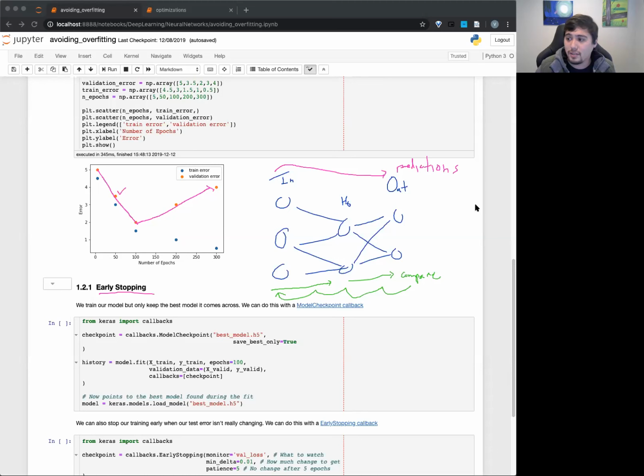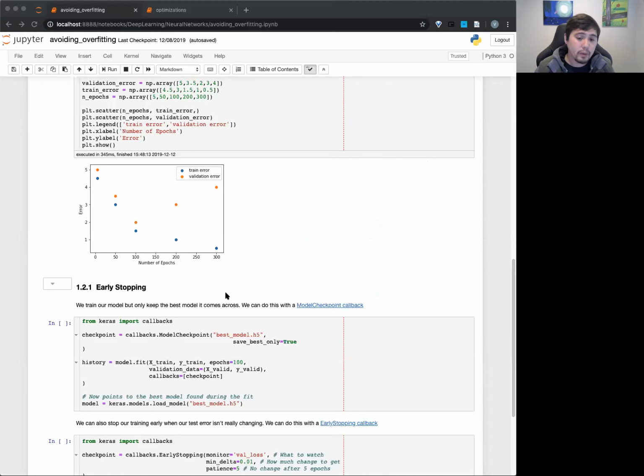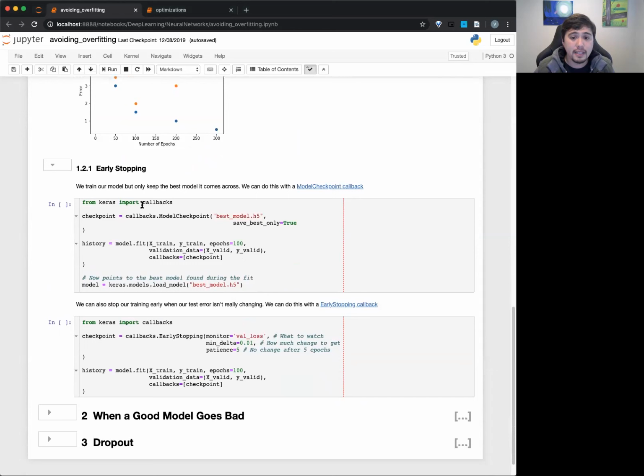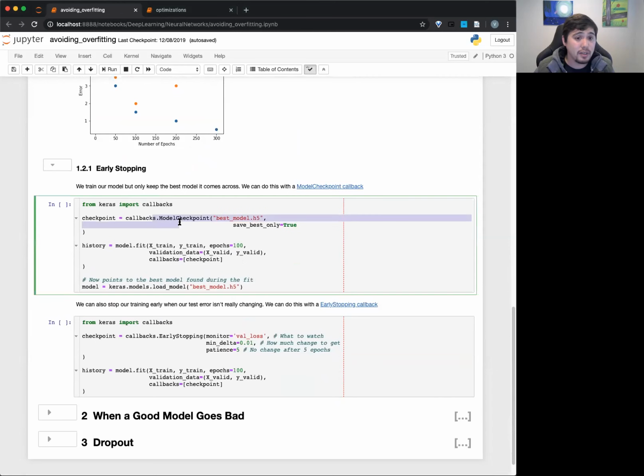So there's two strategies to do this. They're both early stopping, but in one, the idea is that you just keep the model that has the best, based on some metric, in this case the validation error. You can save the actual model as a file, and that way you can run the whole thing, it'll go through however many epochs you're going through, and it'll just keep that specific model at the very end, right? That's really nice. Note that this can also be done where, instead of saving best only, you can save multiple models. So as it gets better and better, you can keep multiple models.